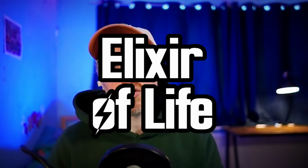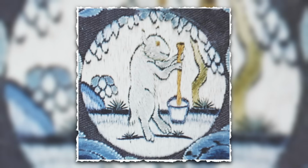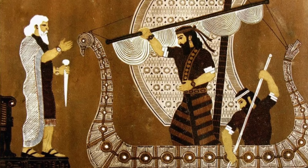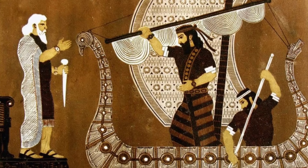The Elixir of Life, also known as water. But no, this Elixir of Life was first mentioned in the Epic of Gilgamesh, which is an old story, some 4,000 years ago, where Gilgamesh starts to worry about his own mortality, and so he seeks out a man called Utnapishtim, who was basically this early inspiration for Noah, with Utnapishtim being instructed to